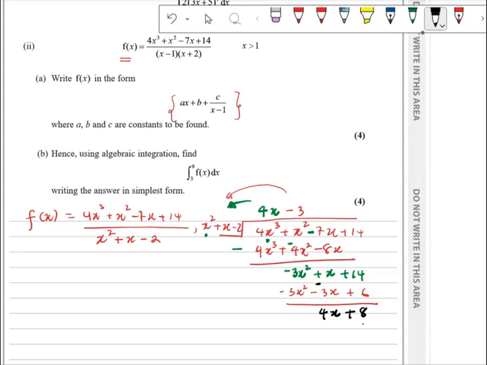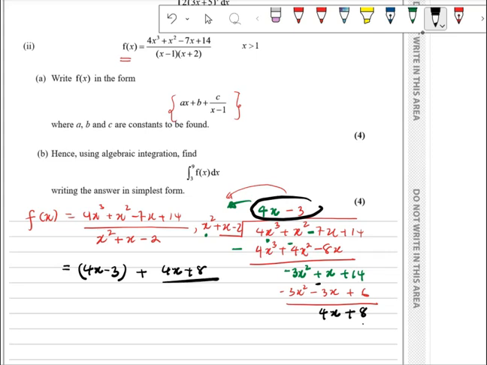That means your answer is going to be, so this function, it has the quotient here, which is 4x minus 3, and then the remainder, which is 4x plus 8, all of it over